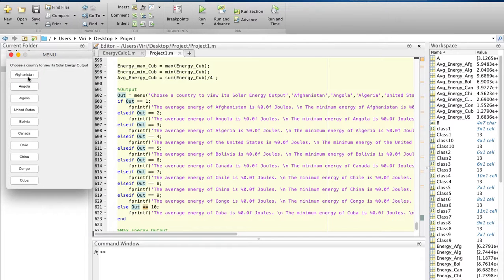Depending on which one the user clicks, that value would be stored under the variable name out. So depending on which one the user clicks, we're going to display or fprintf the information for that country. So for example, if I click Algeria,